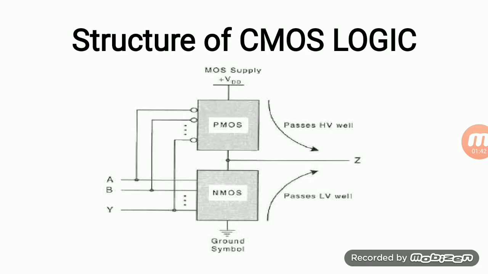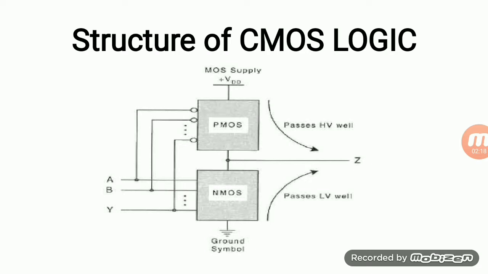The CMOS logic structure consists of a pull-up network and a pull-down network. The pull-up network is implemented only by using p-type transistors. The pull-down network is implemented by using only NMOS circuits. Both are used for common inputs, here A, B. Next, the combination of both the pull-up and pull-down networks: we connect the output, and here Z is the output.